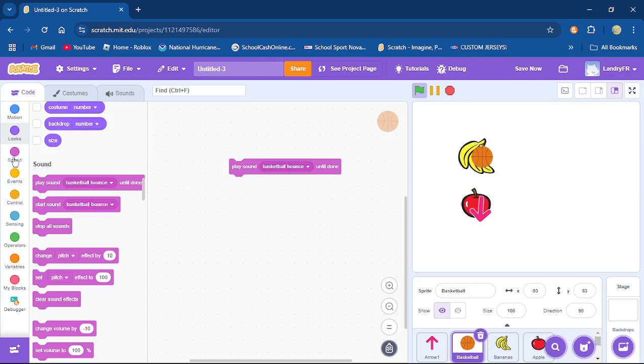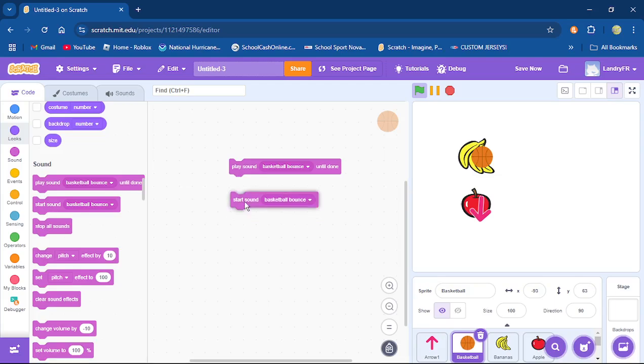All right, so sound. This is play sound until done. So once you hit this button, if you have a 1-minute song in here, it's going to play that until it's done. You're not going to be able to shut it off until it's completed its whole circuit. All right. Or you can just do this, where you can start the sound. And once you start it, you can start another sound right away if you want. But if you do this, sometimes it can conflict with other sounds and it can cause problems.